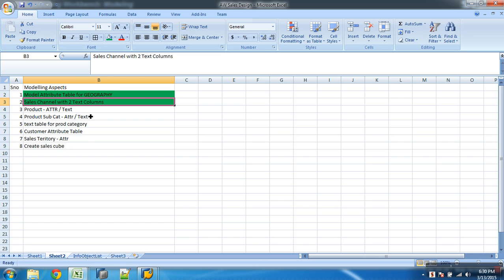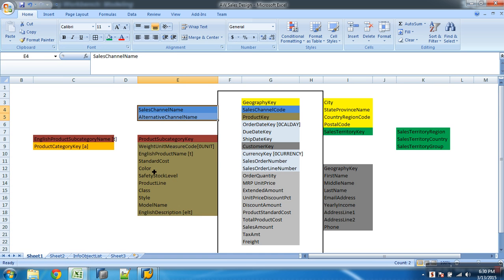So we're done with the next one. Next one. So what is it? We're looking at product. If you remember, for this product, we wanted to have all these attributes. These were the columns, properties of attribute, of product. But only thing is, we wanted to have two things. One is English product name, and the English description of these two columns. We wanted to have it in text table. I can go with this as normal text, and remaining all I'll maintain in attribute. That's what we planned.